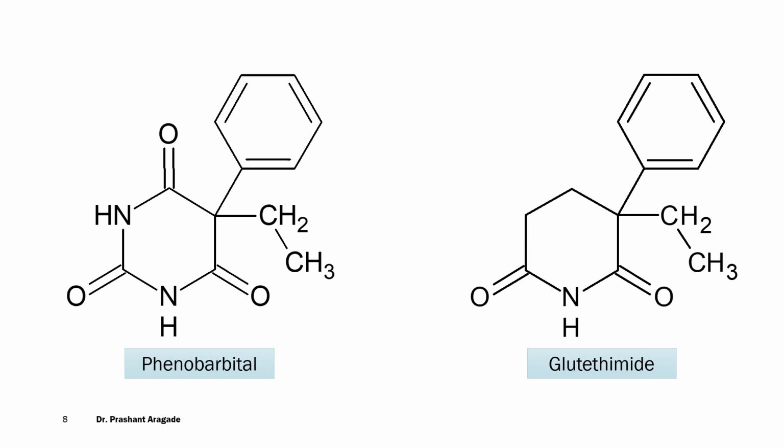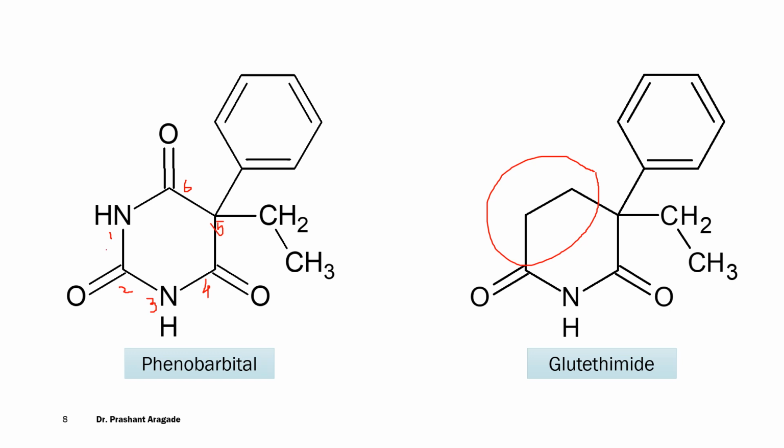As we have mentioned earlier, glutathione structurally resembles phenobarbitone. And now if you observe it, you will find there is a very slight difference between the structures of these two drugs. If you observe carefully, you will find the difference at this position. If you see the structure of phenobarbitone and number it, numbering starts here. Just 1, 2, 3, 4, 5 and 6. And this is the structure of glutathione.